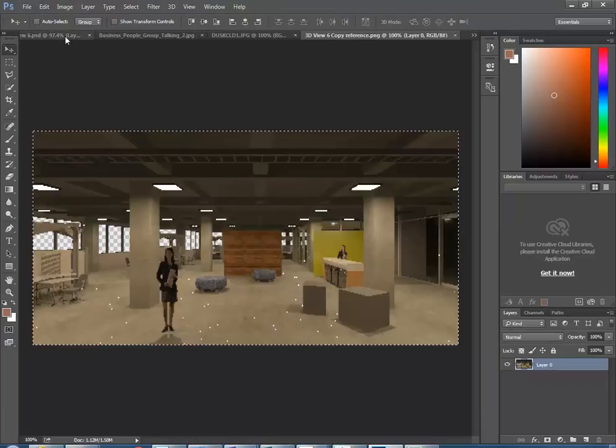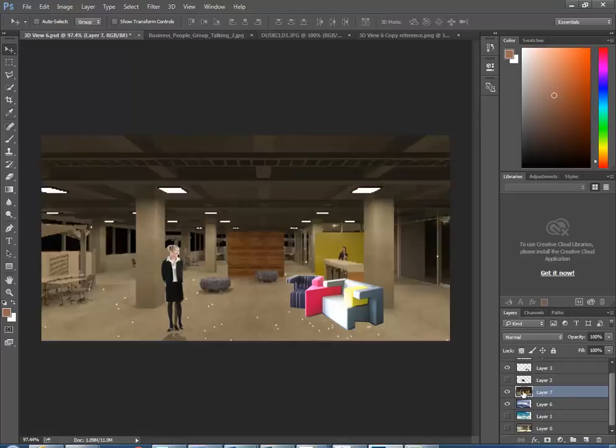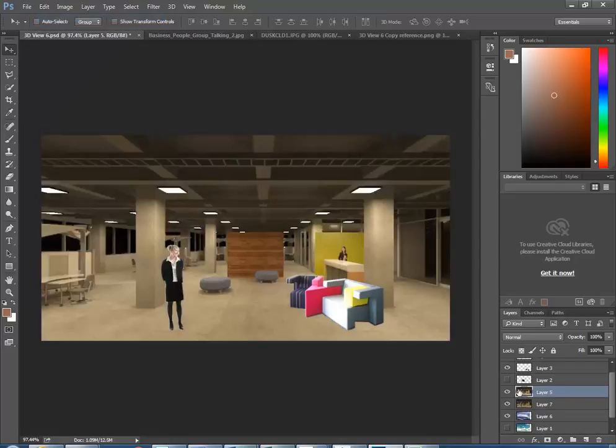Okay, again, Control A, Control C, Control V, and your fingers will just start doing that automatically once you start using Photoshop a little bit. So I'm going to delete this. Oops, sorry, wrong layer to delete. So layer 7 is the one I wanted to delete. And then